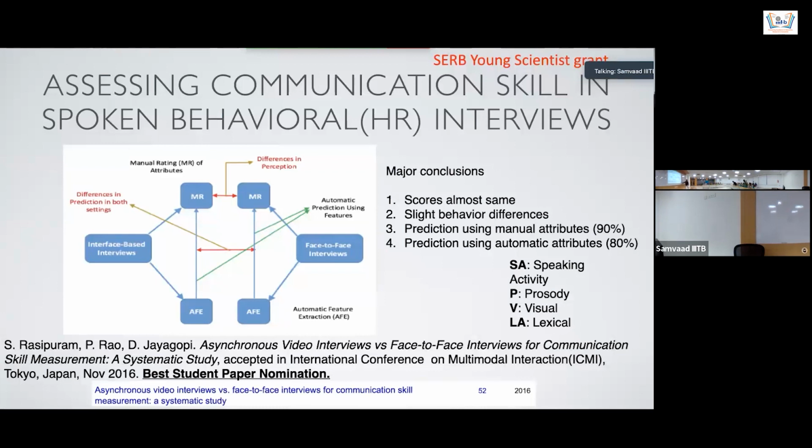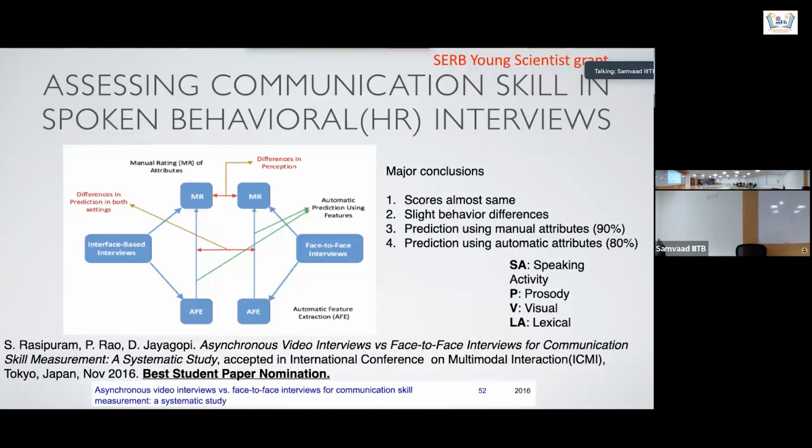Prosody. Yes, that is captured in prosody. So there is lexical, there is prosody as well. The features include prosody, pitch variation, and those types. Yes, those are also included. Speaking activity could just measure how much time the person speaks, activity versus no activity. It's like a binary sort of thing. Prosody captures the